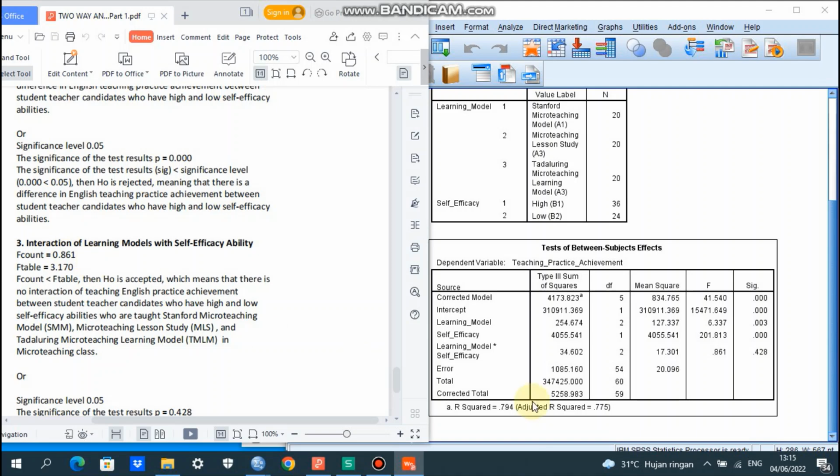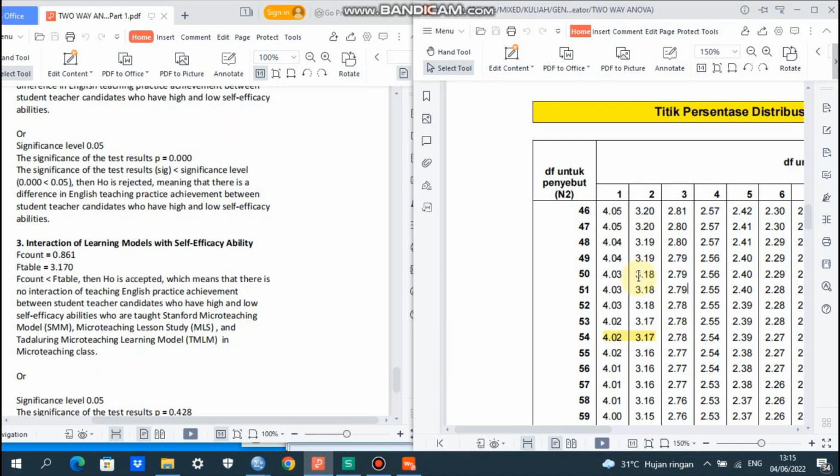Okay, the F count here is 0.861, and the F table, for DF2 and N2 54, is 3.170. We have already typed it here.